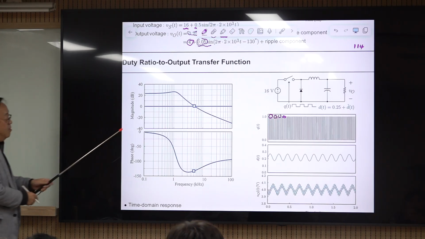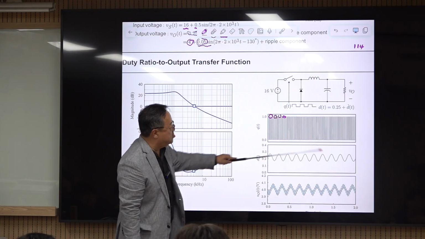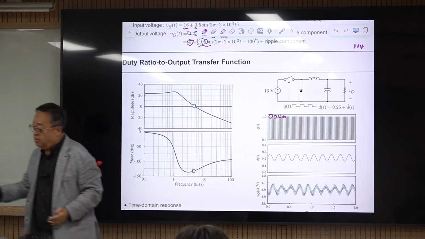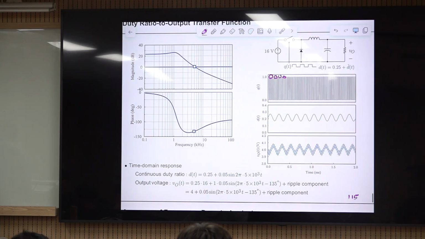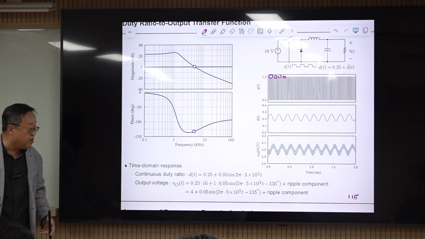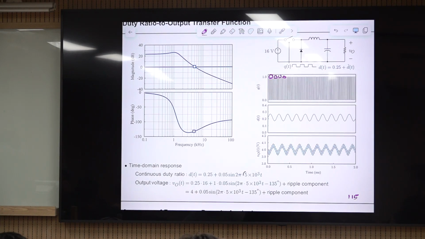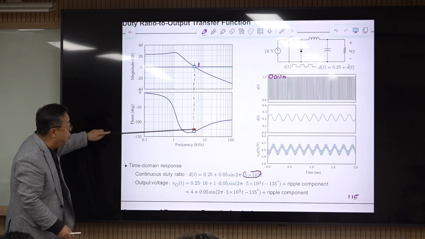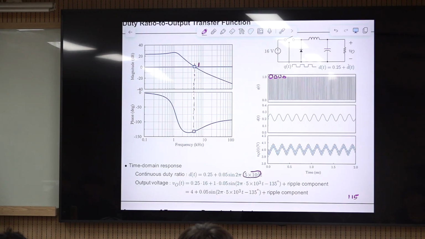Okay, so the perturbation is this. The duty ratio is changing at this high frequency compared to the previous one. For the frequency of this sinusoidal modulation, I select 5 kilohertz, because at 5 kilohertz it passes the 0 dB line. That means it is unattenuated. This ripple AC component is transferred without any change. But the phase will be delayed by, for example,